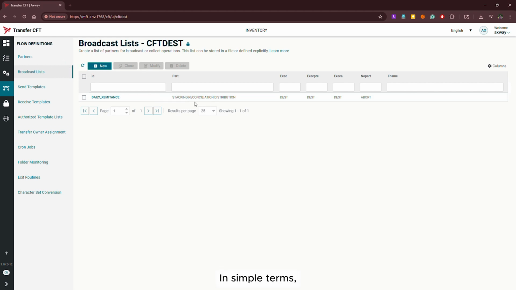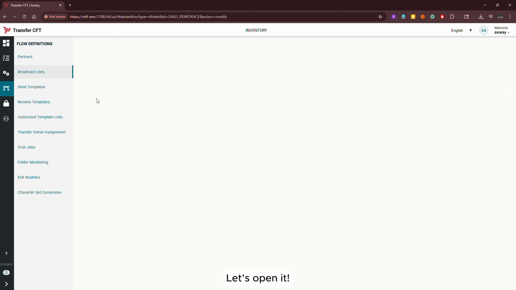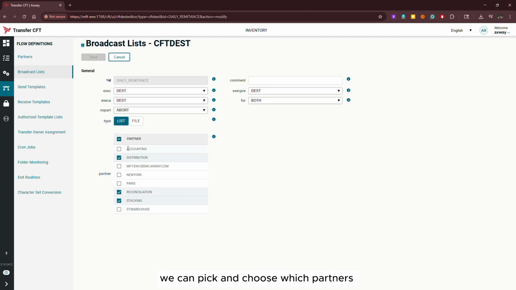In simple terms, consider a broadcast list as a group of partners with common functional or business requirements. You can have more than one broadcasting list with reusable partner configuration. In our case, we created a broadcasting list called daily remittance. Let's open it. As you can see here, we can pick and choose which partners will be involved for the